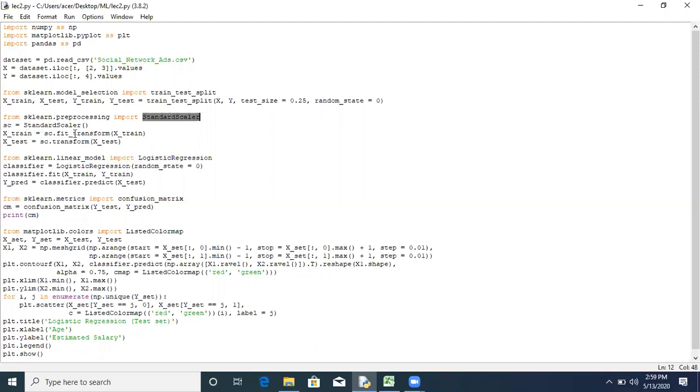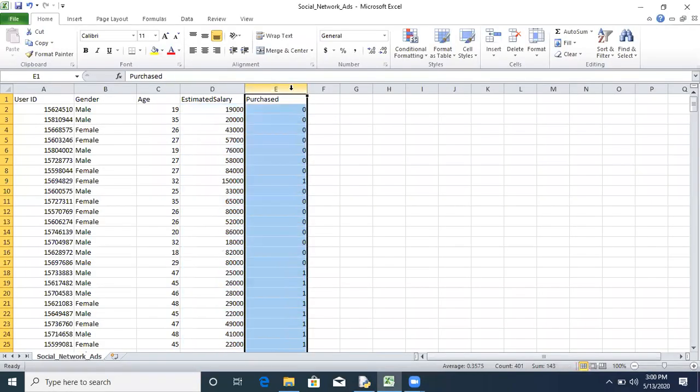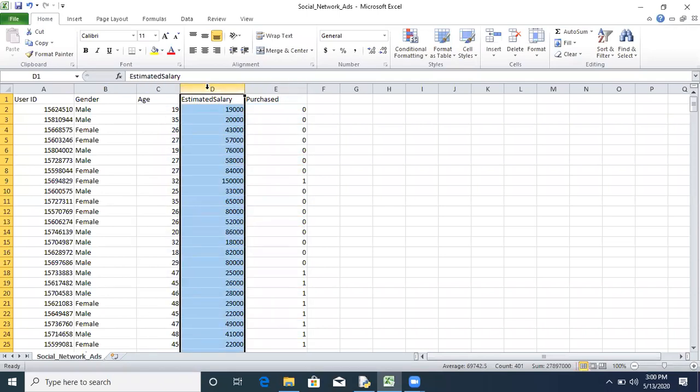Now here we are applying this scaling on input only, because output is in the form of 0 and 1. So no need to apply scaling on the output. We are applying scaling only on the input. The inputs are age and estimated salary. We will apply scaling on both the training as well as the testing input.